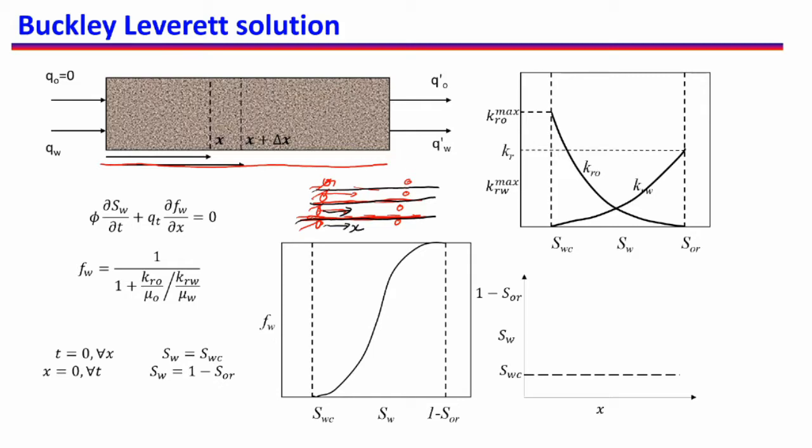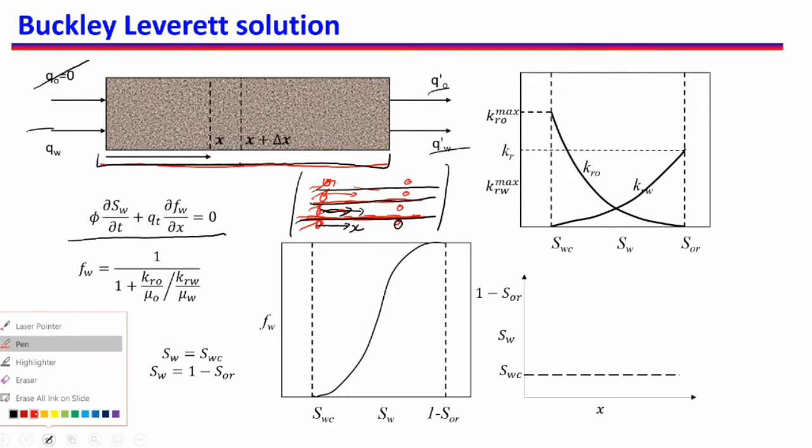So the analysis that we will do now can also be applied to these simple reservoirs where we have line drive. That means we are injecting water and we are producing oil and water, and water and oil are flowing in the form of a line. Or we can consider in the laboratory we have a core where we are injecting water, we are not injecting oil, and we are producing oil and water. So for this kind of porous medium, this equation can be used as the mass balance equation.